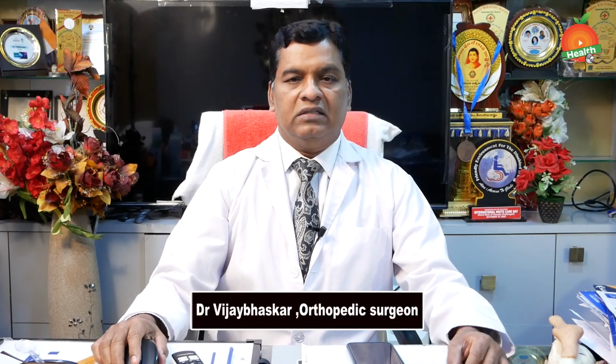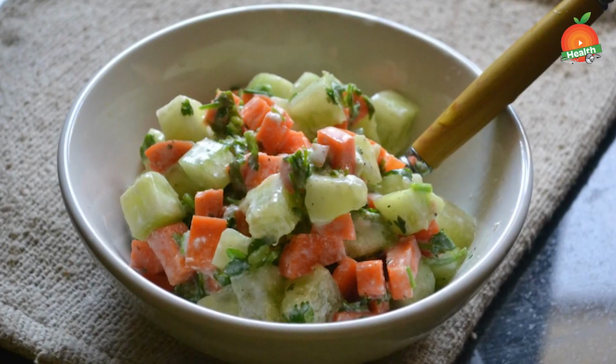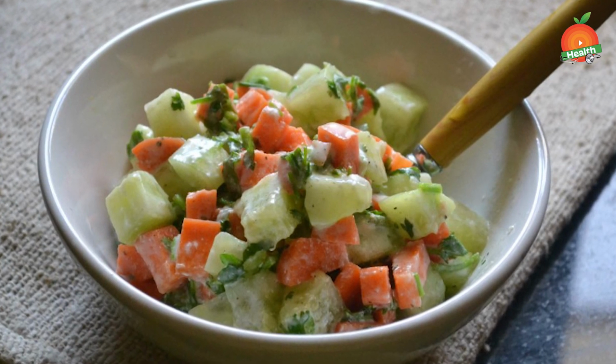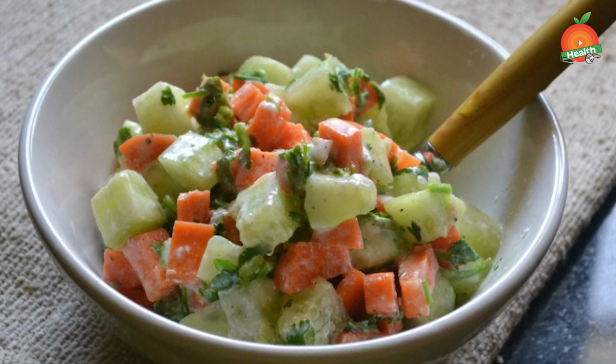The best salad for diabetes is the green salad. I mean to say, you can have cucumber, carrot, and even onions, and apart from that you can have certain other green vegetables in the salads, which really works as the best fiber food. Diabetics should have more fiber food, so that digestion becomes easy and